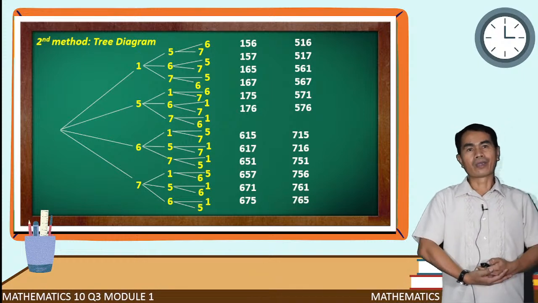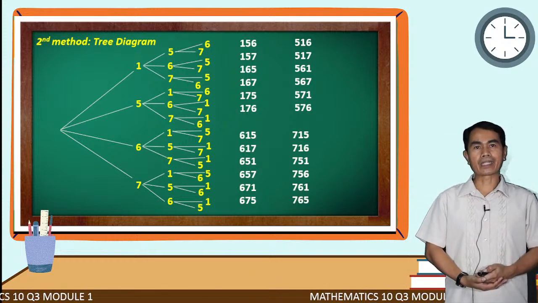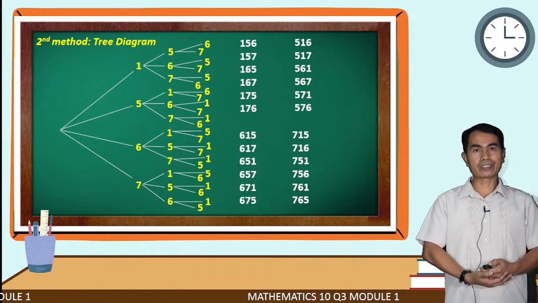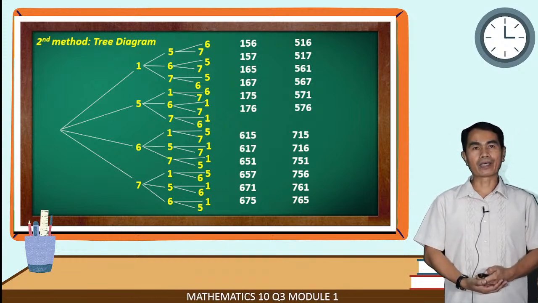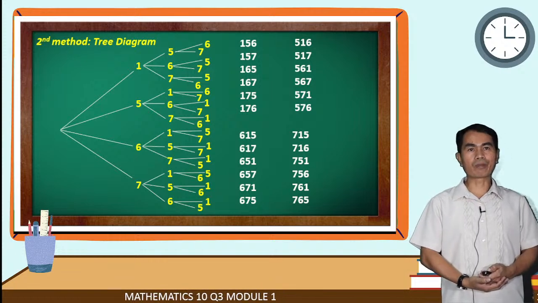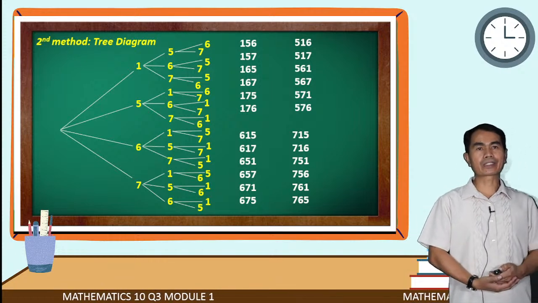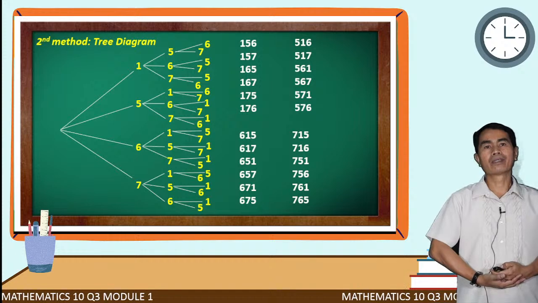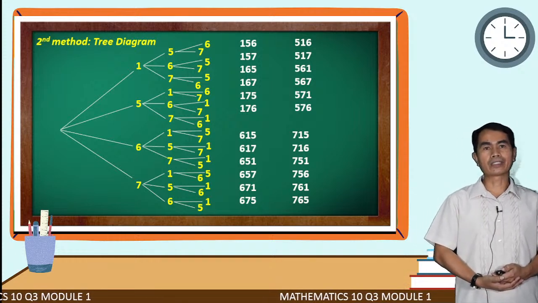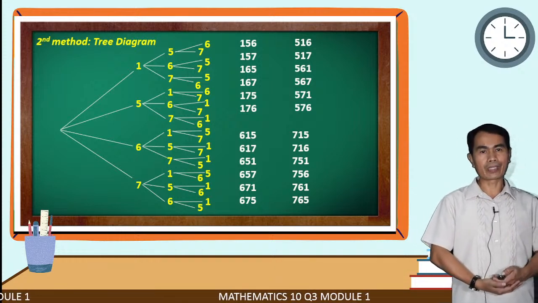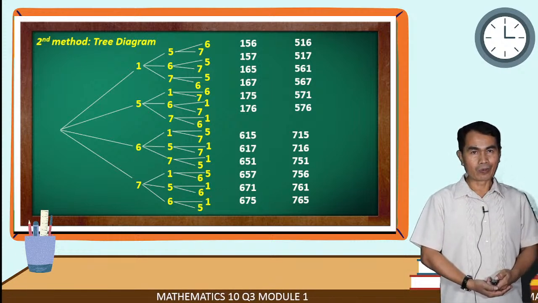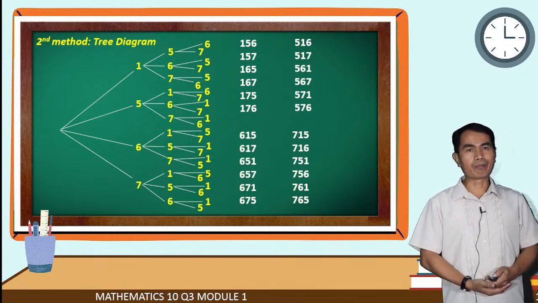Okay, we have listed all the possible 3-digit numbers. This is complete, and if we count, as you can notice, there are also 24 3-digit numbers that can be formed, as we have obtained using the systematic listing method. We can also use the third method,